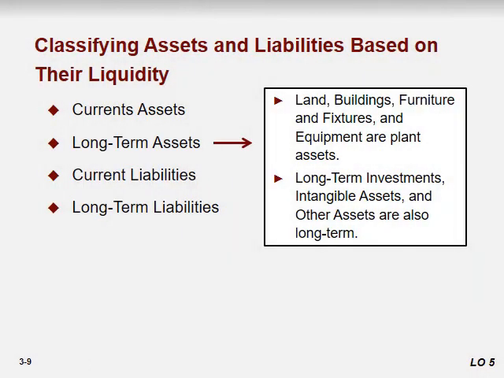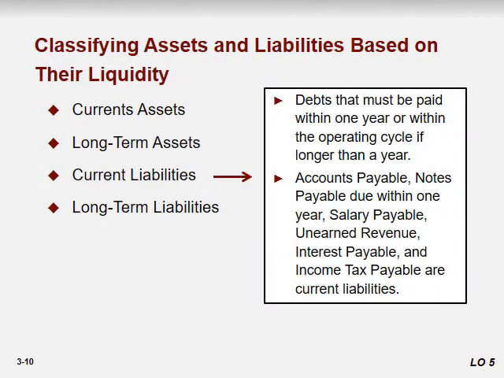What do we mean by long-term assets? Those whose benefit is for more than 12 months, or more than 1 year. These are land, building, furniture, fixtures, equipment, and plant. And intangible assets are patents, investments, right? What are the current liabilities? Those whose life is less than 1 year or within the operating cycle or accounting cycle. These include accounts payable, notes payable, salary payable, unearned revenue, interest payable, tax payable, right? In the long